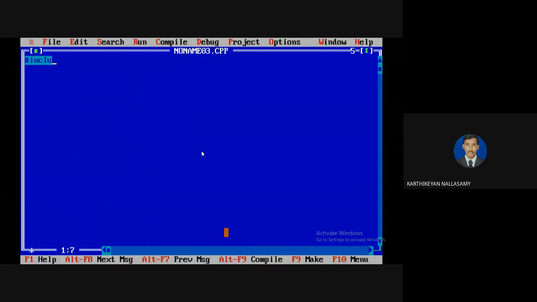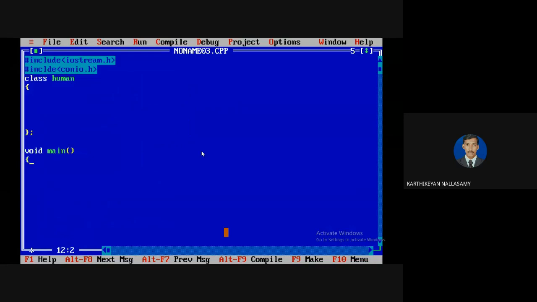Here they didn't define the name of the class exactly, so you can choose any name that is convenient for you. I'm going to say my class name is human, ending with a semicolon.